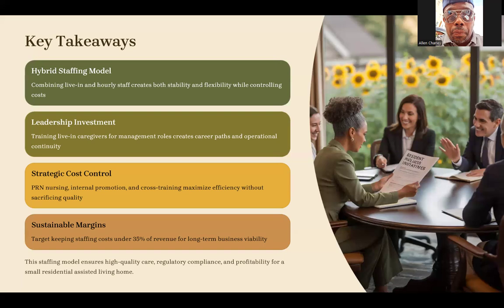And then strategic cost control: PRN, internal promotions, and cross-training to maximize efficiency without sacrificing quality. Sustainable margins: target keeping staffing costs under 35% of your revenue for long-term business viability. This staff model ensures high quality care, regulatory compliance, and profitability for a small residential